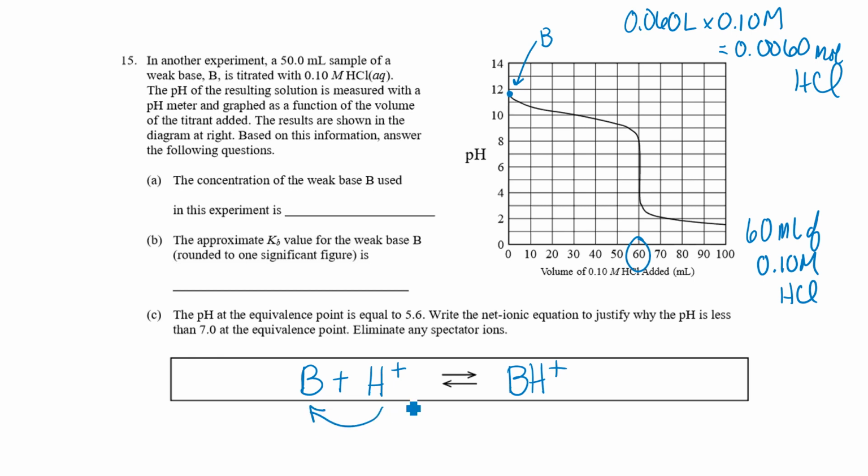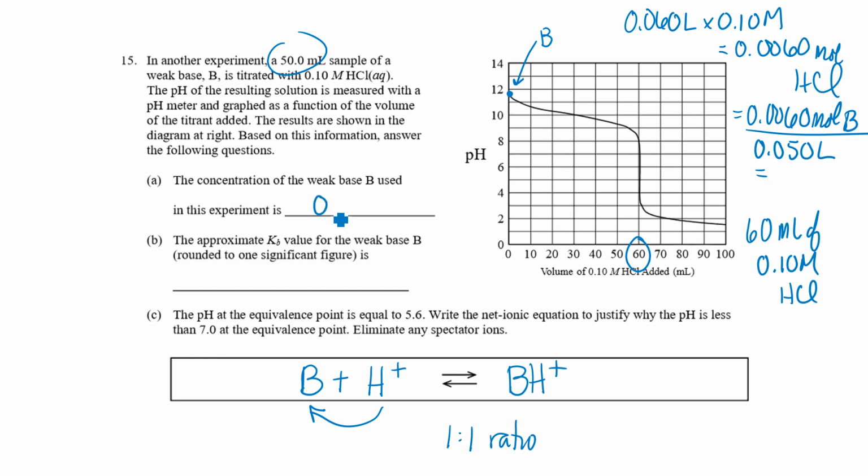Your base is going to take the hydrogen from the strong acid. So it's a 1-to-1 ratio there. And so that means I must also have had 0.006 moles of my base. I'm going to divide that by my volume, which is 0.05 liters. And that's going to give me my molarity,